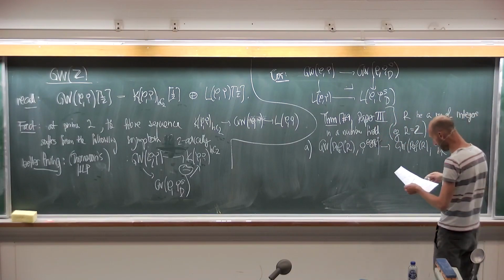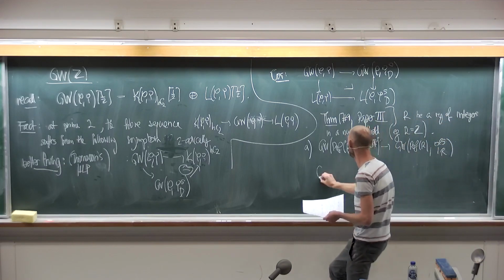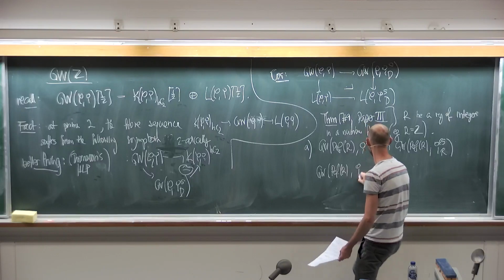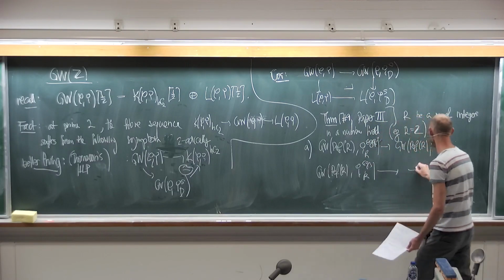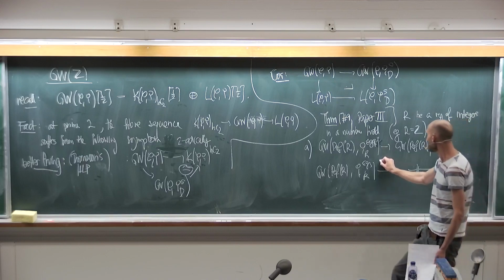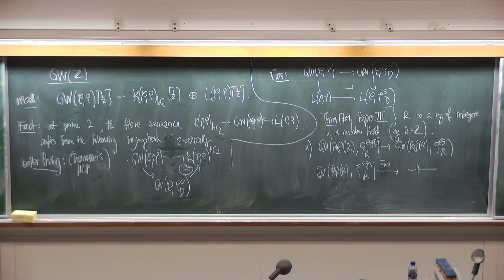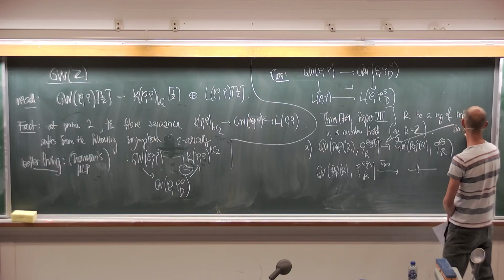So this map is, okay, let me put it like this. I have this map, and I have the map for the epsilon genuine symmetric structure. And here I have the same term. So this statement is that this map is an isomorphism once I take its connective cover. It's an isomorphism on all homotopy groups in degree 0 and above. And this map is an isomorphism on pi star for star